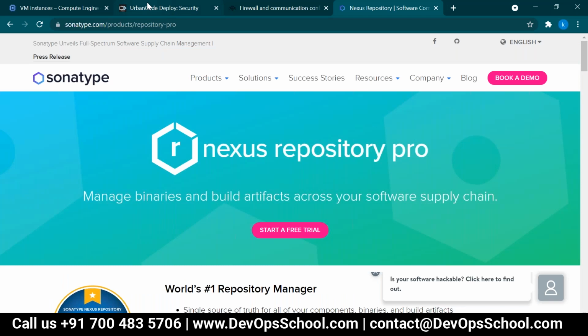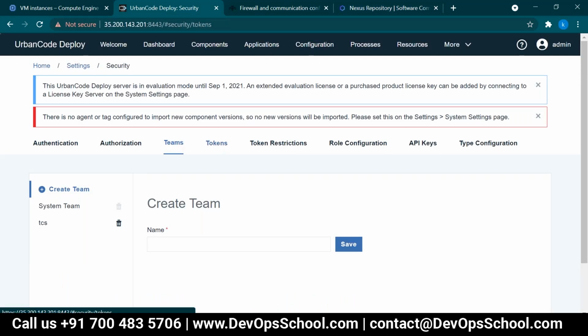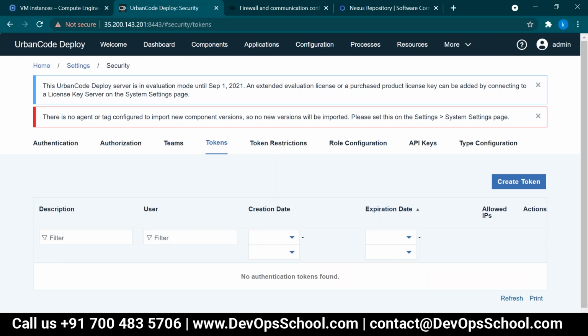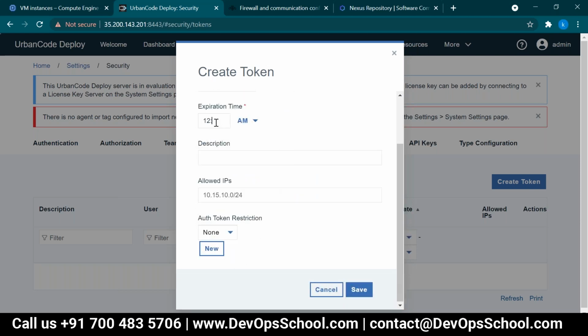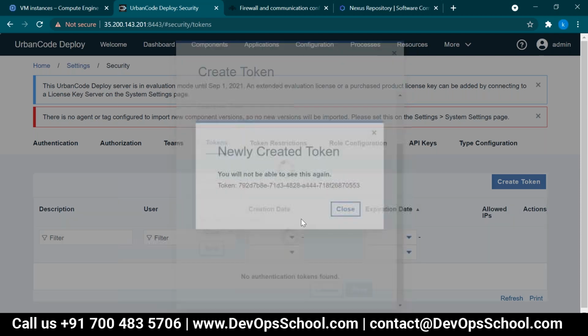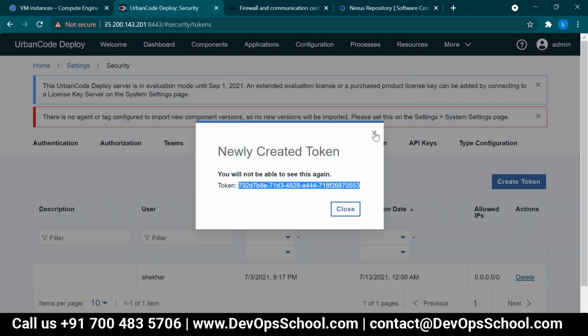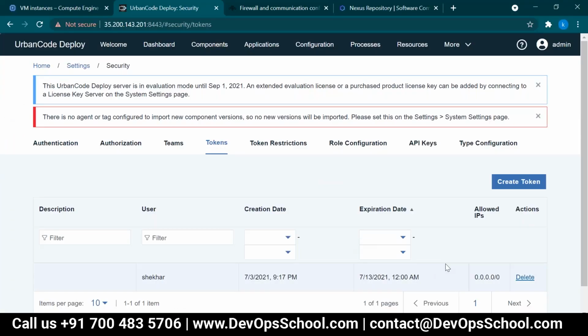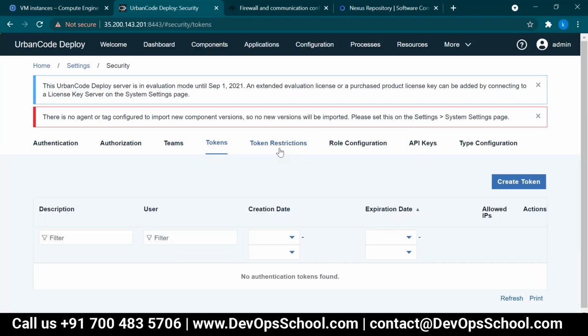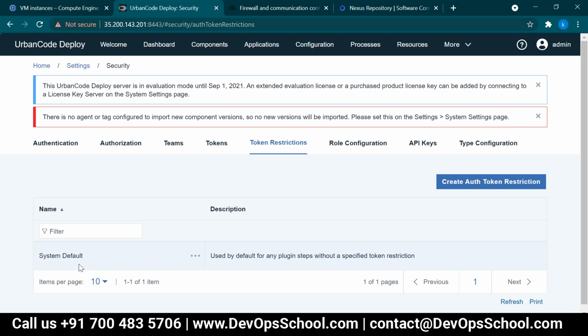So where am I here. Okay, so these tokens are for developers who don't want to log in with a username and all those things, right? So what we'll do, we'll create a token in their name. Like this token in my name. Set an expiry date, and save it. Only one time it will be visible. After that it will be gone. You cannot see it again. So you have to give the token like this to the developer, so that he can log in using it. With some customers like that, token restrictions also you can create.